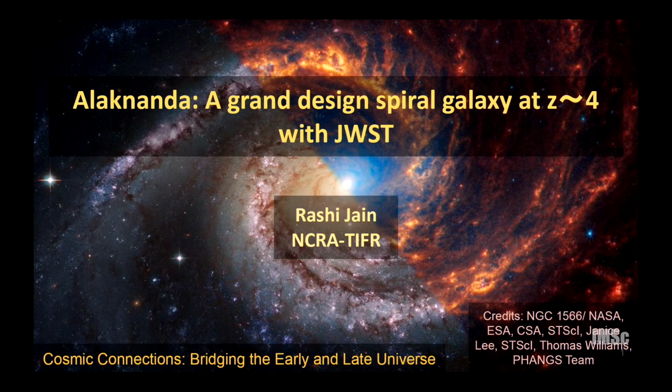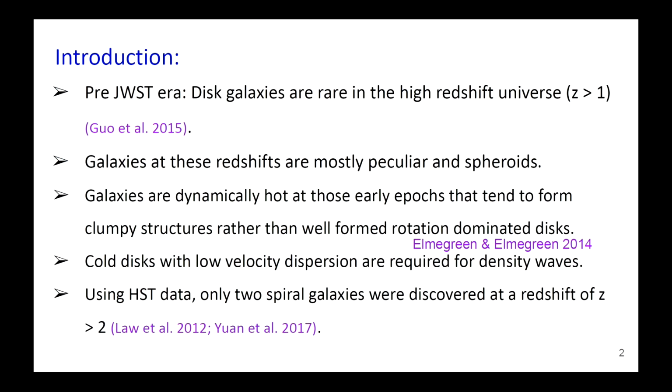But now there is another one at 5.2. In the background you can see a spiral galaxy imaged by Hubble and JWST. In the Hubble image we see that there are only stars and the disk and everything, but here we can see all the dust lanes, and that's how JWST is different. Now I'll talk about what was the case before the